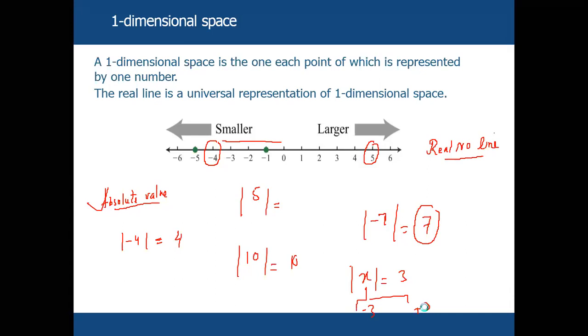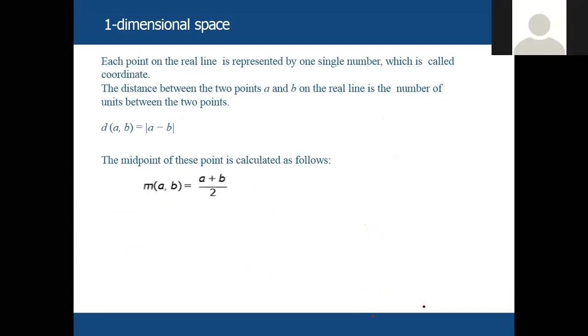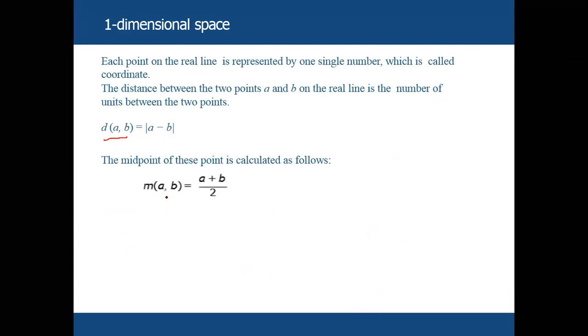For distance and midpoint, we use other formulas. The first is the distance formula: the distance between 2 points A, B equals the absolute value of A minus B. The midpoint formula is A plus B divided by 2. For example,